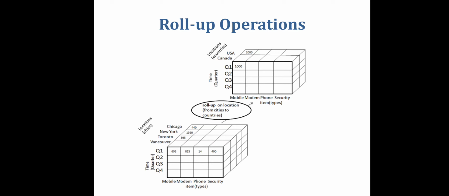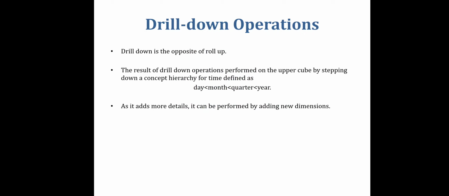Okay. Now, when we are reducing the dimension, consider a data cube containing only 2 dimensions, suppose location and time. Roll up may be performed by removing the time dimension, resulting in the aggregation of the total cells by location rather than by location and time. So, we can reduce the dimensions also with this roll up operation. This is all regarding roll up, where we either climb up or reduce the dimensions.